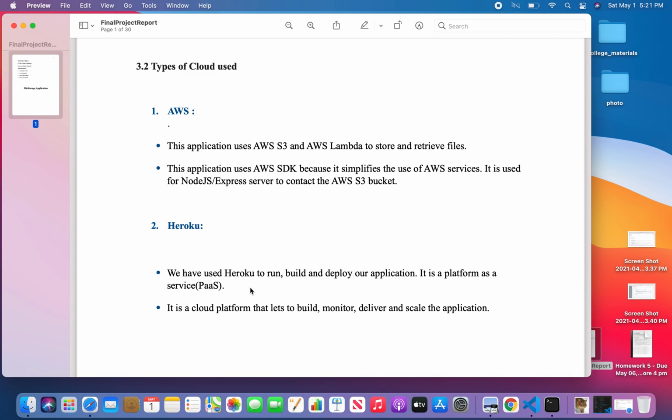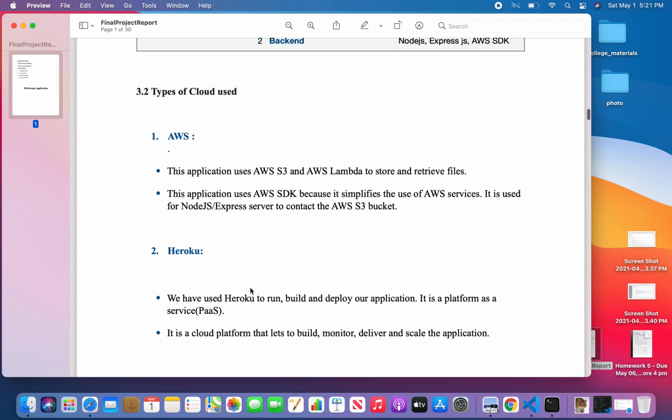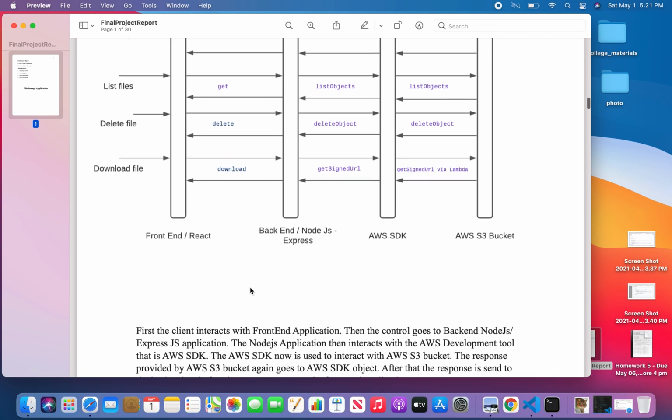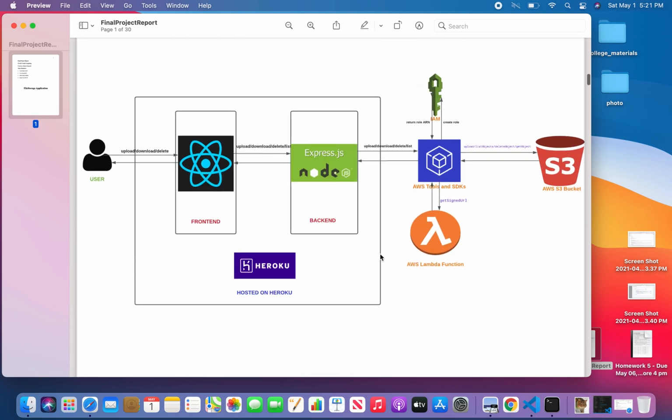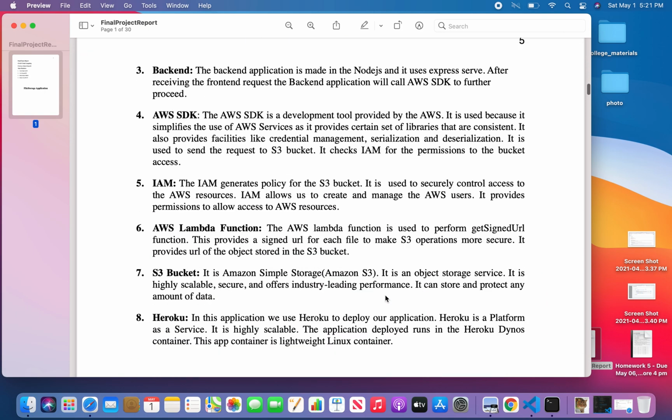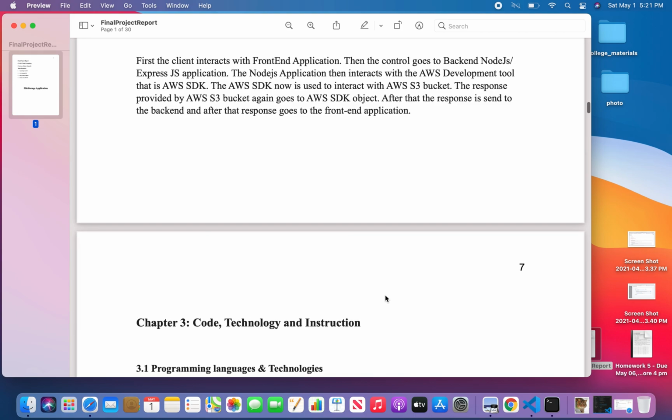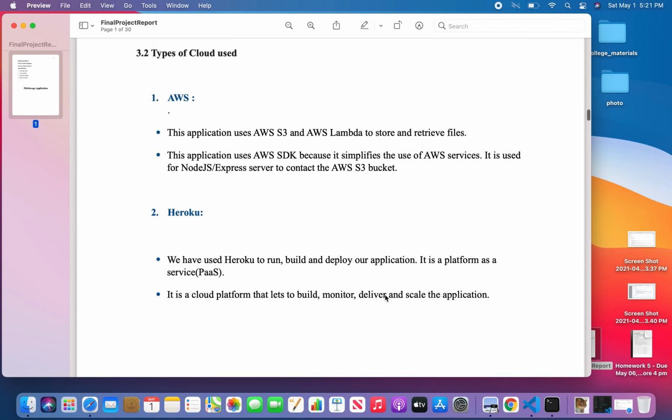As you have already seen here and in the architecture part, we are using the AWS SDK. Apart from that, this application uses the AWS SDK because it simplifies the use of AWS services.